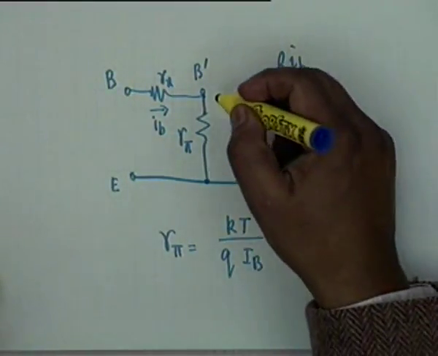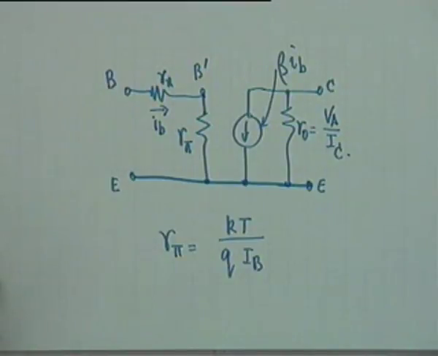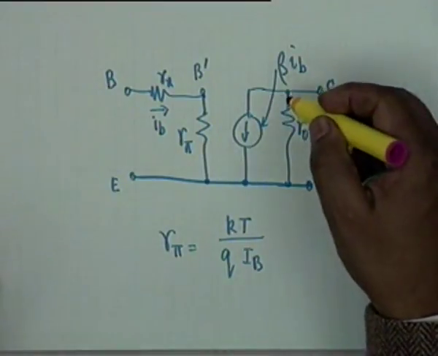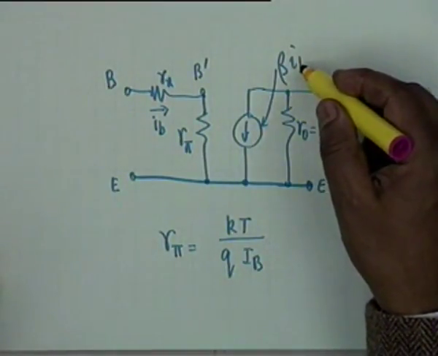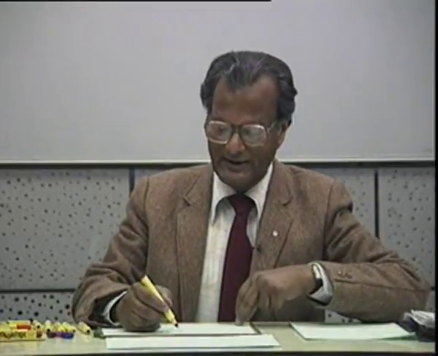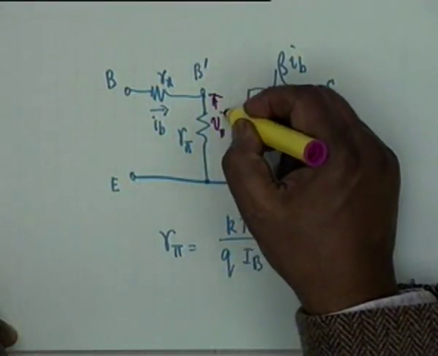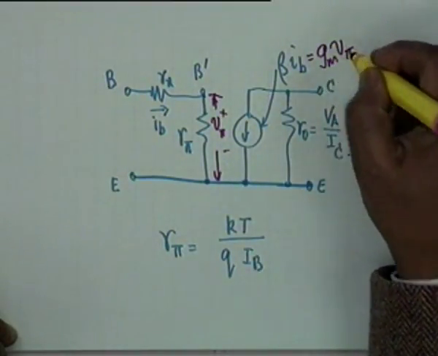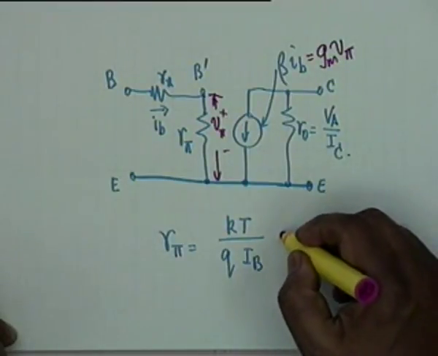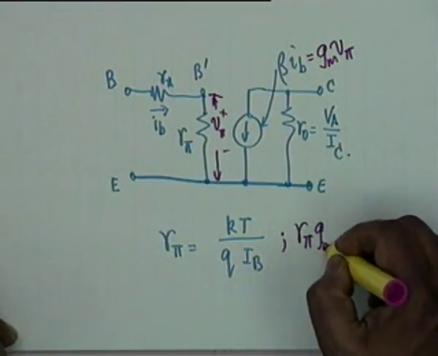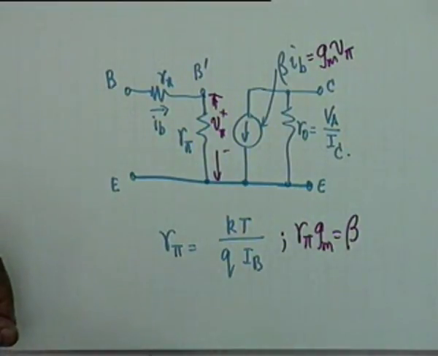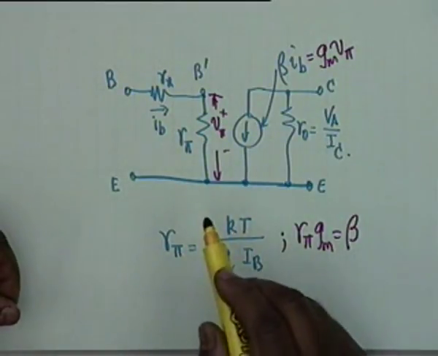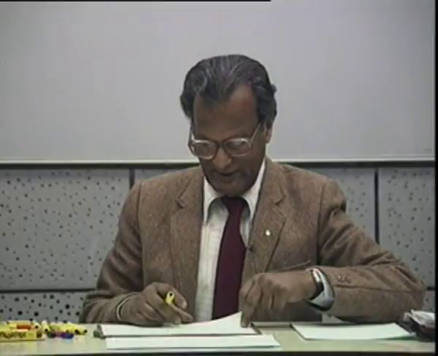And we also said that this current source could alternatively be replaced by a voltage controlled current source. Here it is current controlled, beta IB is controlled by another current I sub B. If I take the voltage across this as V pi plus minus, then I could write this as gm times V pi, and obviously the relationship between R pi, gm and beta is that the product is equal to beta. This is one of the circuits that we have mentioned again and again during our analysis of DC biasing and device operation.